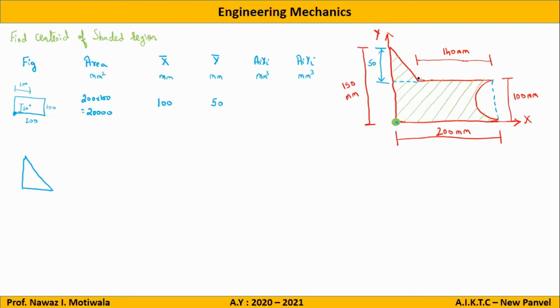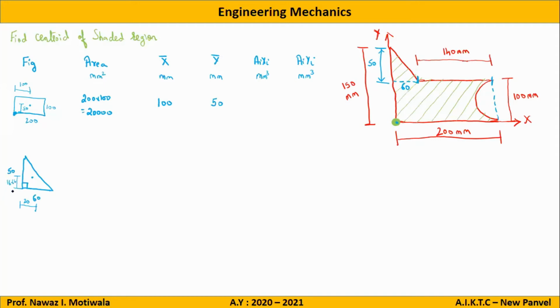Similarly, on the base side, we are given that from this point to this point, the distance is 140, and the total distance is 200. So the remaining base will be 60, that is 200 minus 140. So I have the triangle with me now with a height of 50 and base of 60. And this is forming a right angle triangle. Now for a right angle triangle, we know that the centroid lies somewhere here, which is at a distance of b by 3. So it will be 60 by 3, that is 20, and 50 by 3 from here, which will be around equal to 16.66.